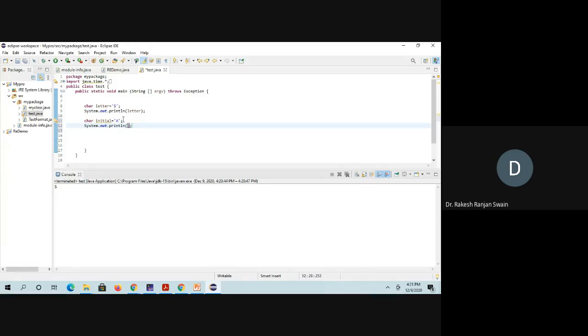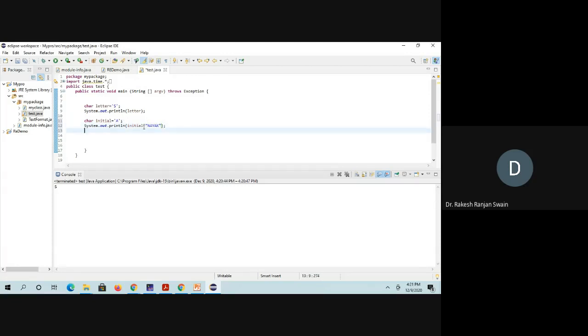This is also possible. You can concatenate or merge a character with a string. How? Here I have written the character name, initial. Then the concatenation operator, plus. Then a string, which is in double quotes. So I have written a string.